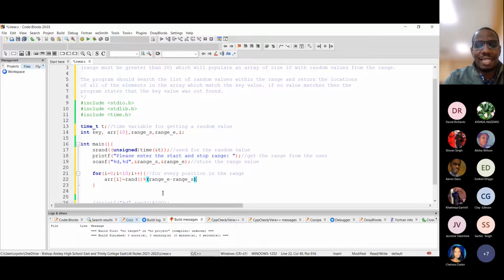So if it is that I had 50 as my range to 75, it means that there's a range of 25 values that I want to get. And then after I have to add back my range_